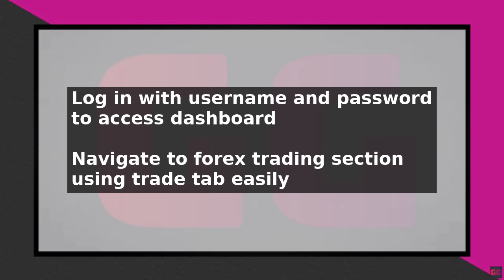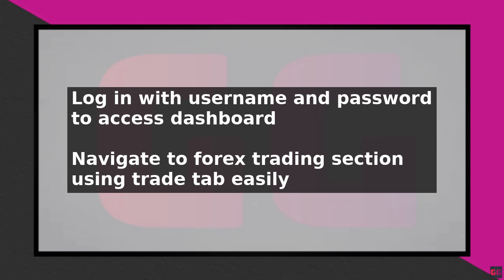You can browse through the available pairs by clicking on the Forex tab and selecting the pair you want to trade. After selecting the currency pair, you will need to set your trading parameters, including the trade size, stop loss, and take profit. The trade size refers to the amount of currency you want to trade, while the stop loss and take profit levels determine when the trade will be closed.